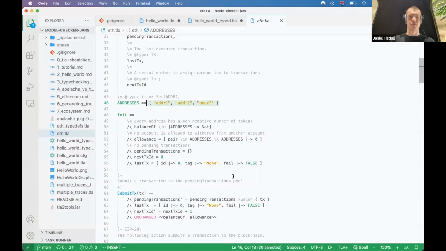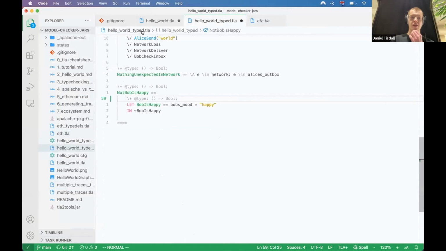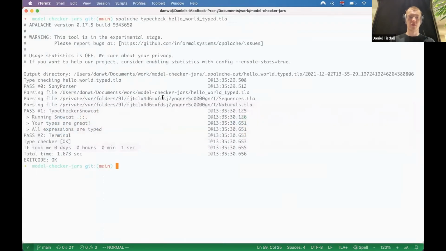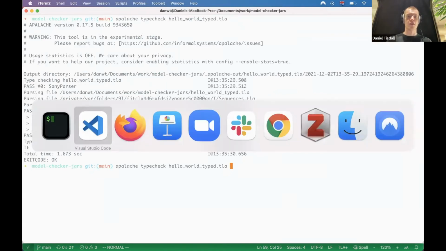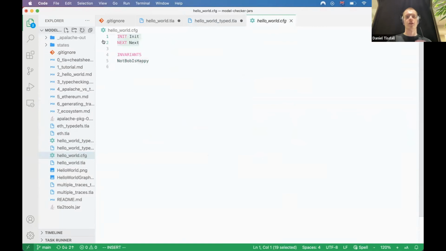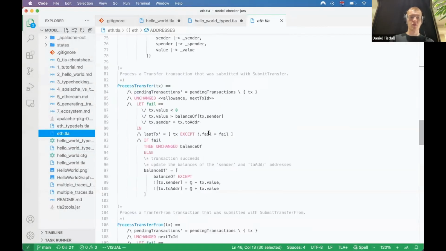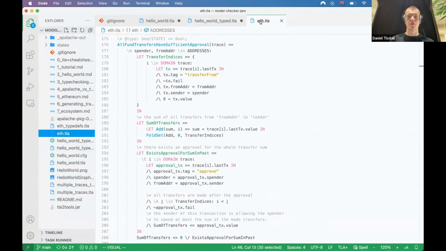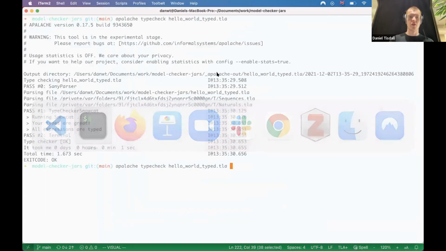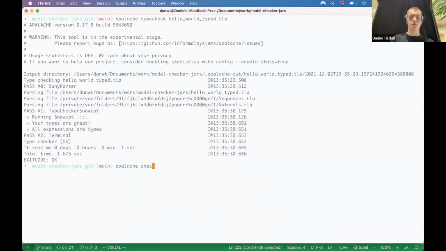Yeah, maybe we can go ahead and check that. So now time to use Apalache. With Apalache, it will assume you want to use Init and Next, so you don't have to write them in this config file, right? So Apalache will kind of take care of that for you. And also you can specify an invariant on the command line with Apalache. So actually we don't need the config for using Apalache. So here's the actual spec in f.tla. All fund transfers have sufficient approval. And we can check